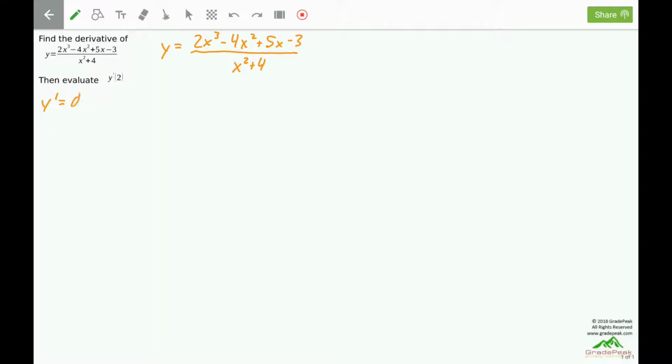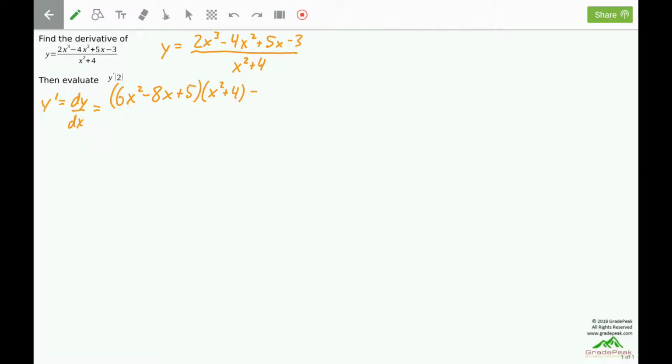Y prime, or dy dx, will be, using the quotient rule, the derivative of the numerator. First term, bring down the 3, 6x to the 2. Negative 4 times 2 will be negative 8, x to the first. Plus 5 times x will just become a plus 5, and then the negative 3 will be a 0. Derivative of the numerator times the denominator left alone